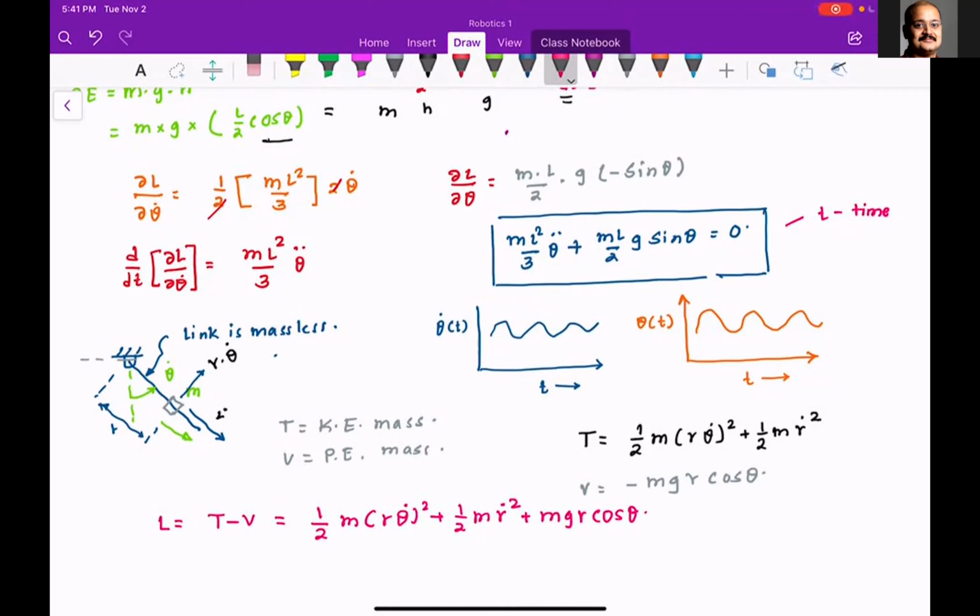Oh, okay, it's a point mass. A point mass does not have rotational kinetic energy. So a point mass does not rotate about itself. Everyone understood this? So there is no I. All right. So what I'm going to do is I'm going to go to MATLAB.